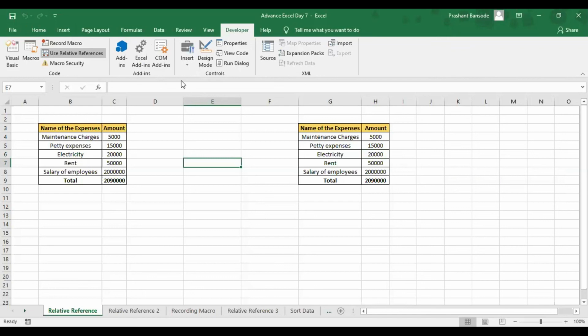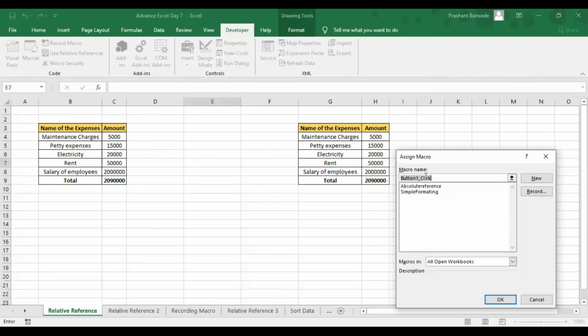Now everyone knows what a button is. It's a small step that we do so that we can easily assign the macro. The moment you click on the button and give the address for where exactly it needs to be placed, it will ask you which macro needs to be assigned.